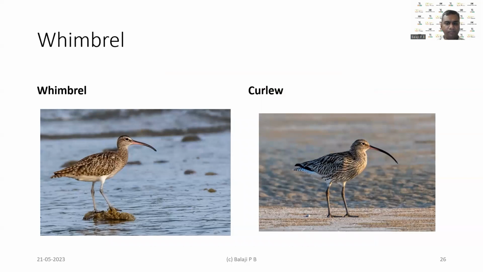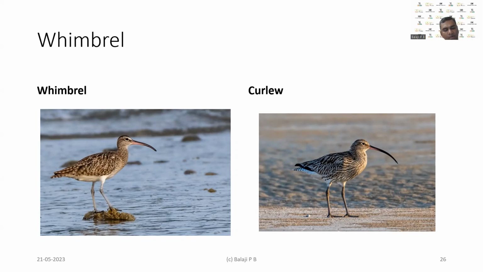So another confused species, there's a great amount of confusion that exists between the Whimbrel and the curlew. But as with the curlew sandpiper and the dunlin, the main differentiator is that in Whimbrel, the curvature is almost a constant curvature, whereas in curlew, the curvature is only towards the end. So that's the main differentiator between a Whimbrel and a curlew, apart from the fact that